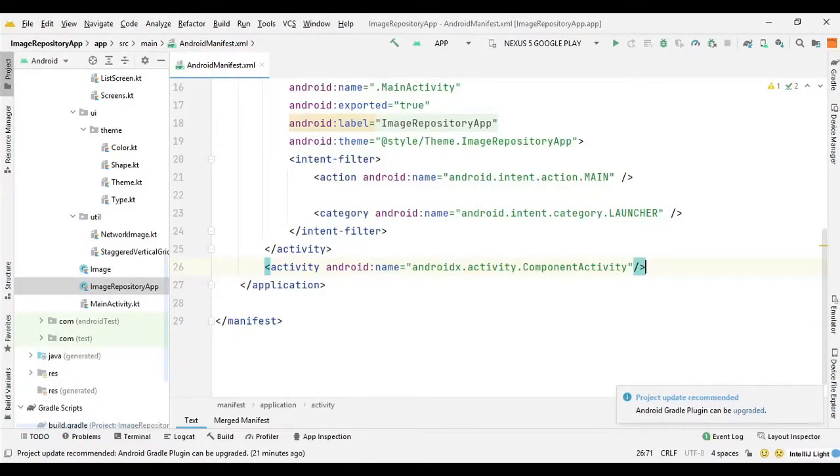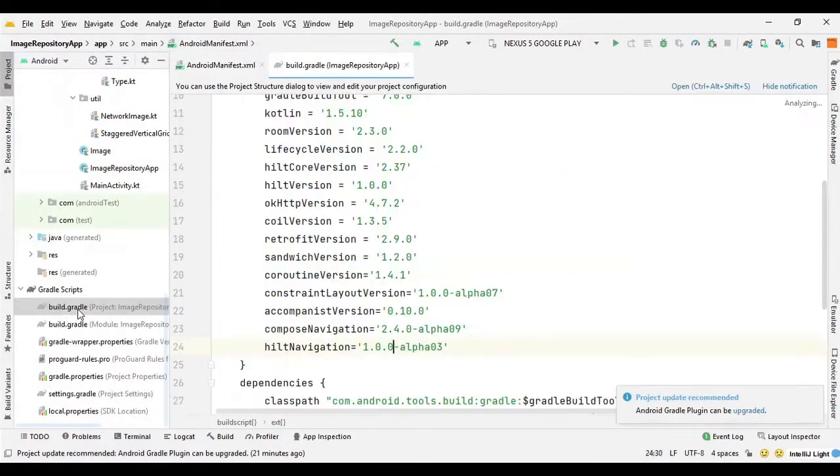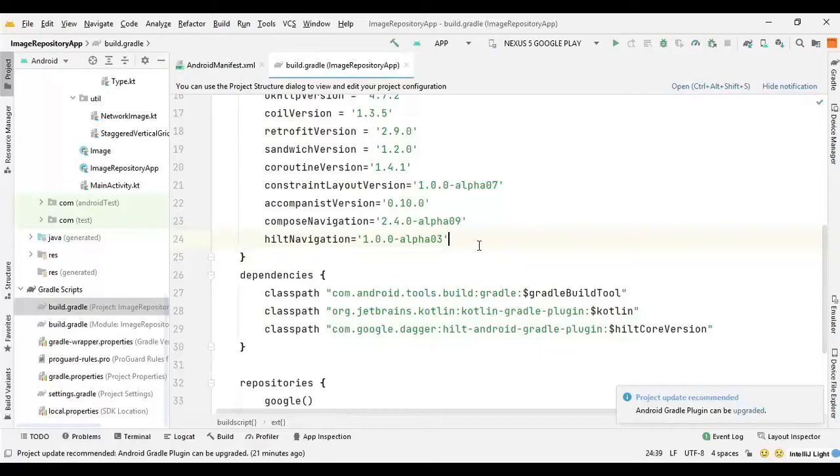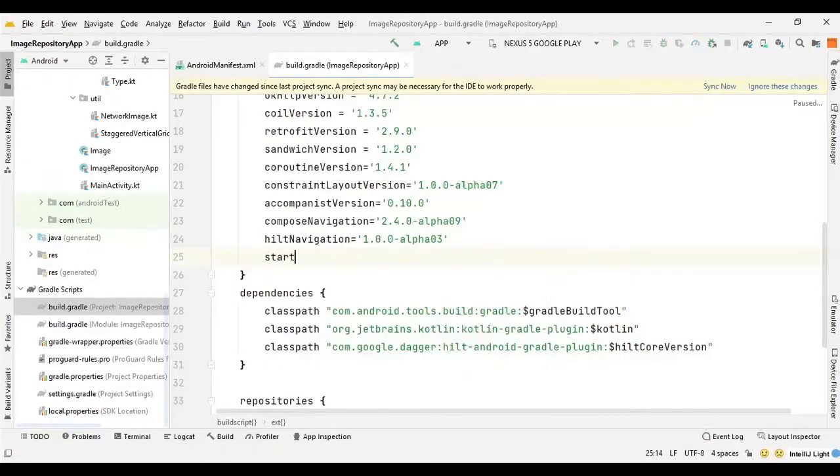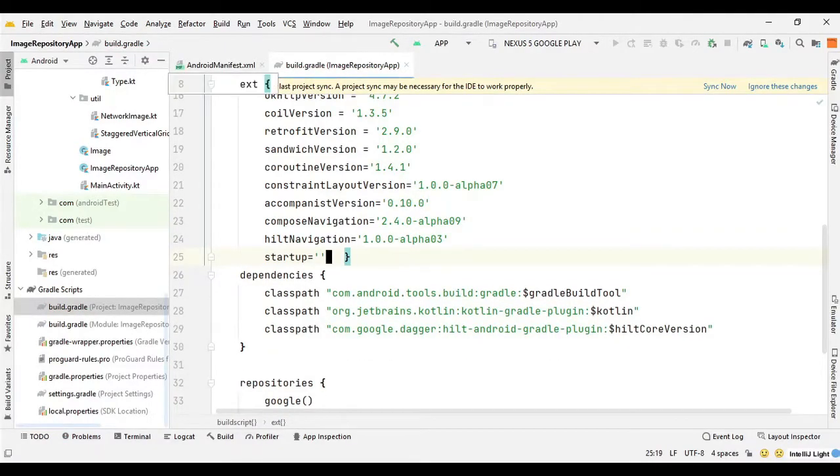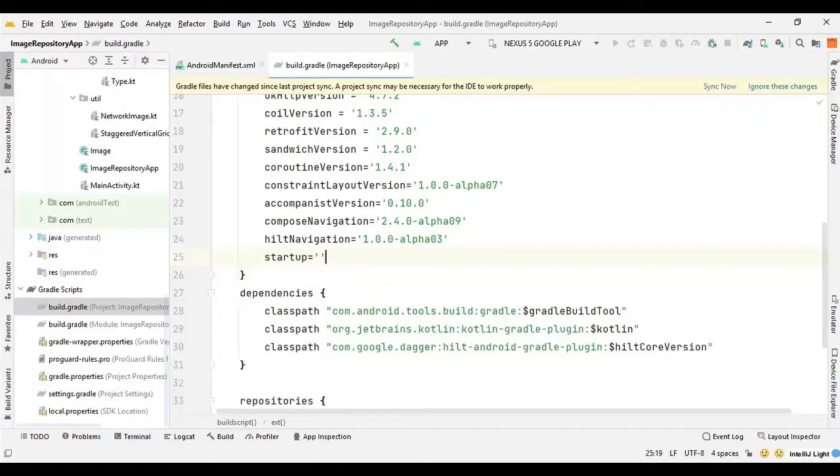Then we need the provider for startup, and for that we need the startup dependency. So we can go to the project build again, and here I can say startup equal 1.0, my numlock is off, we can say 1.0.0, and we can sync it.